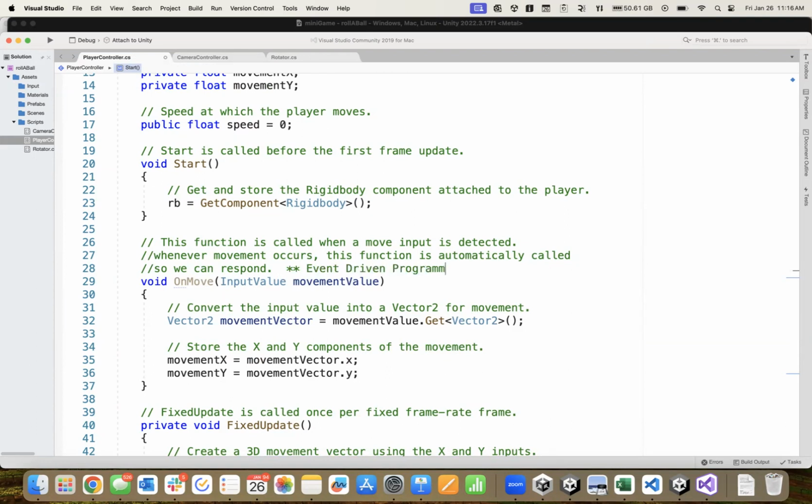Event-driven programming. Okay. So we've said we're interested in something, and by adding that component, we said, let me know whenever something has moved. And so this function will automatically get called, kind of like receiving a text message or receiving a push